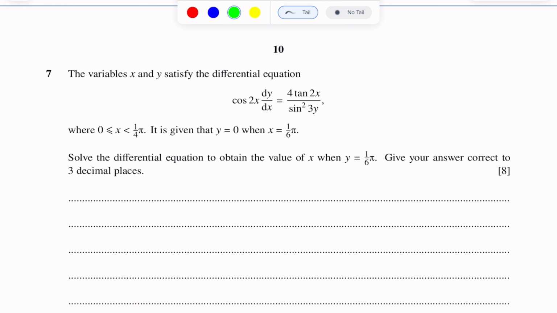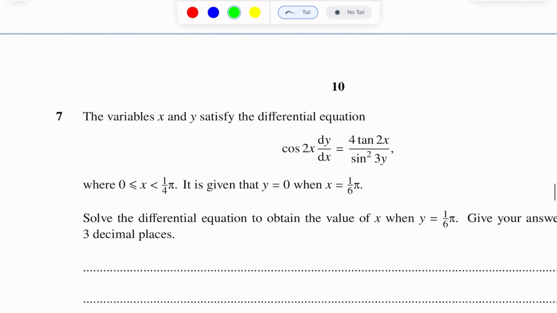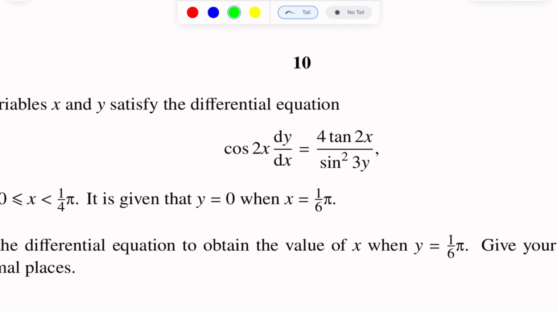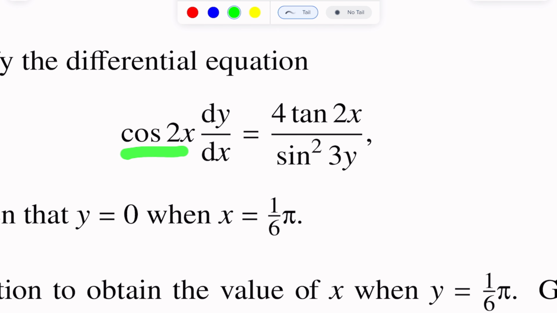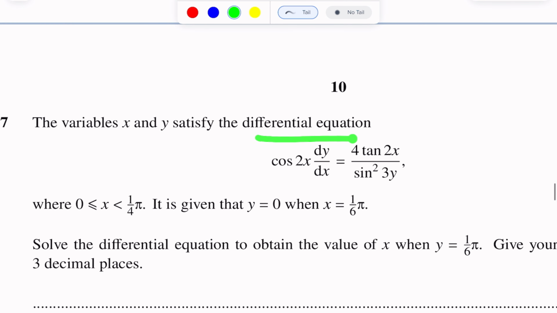Question number 7. This question is of differential equation. The variables x and y satisfy the differential equation cos 2x dy over dx is equal to 4 tan 2x over sine square 3y. This is a differential equation. Variables are x and y,